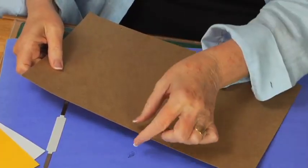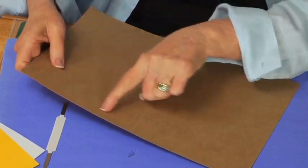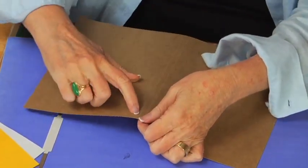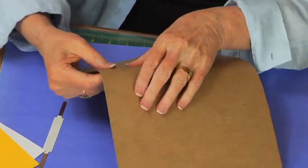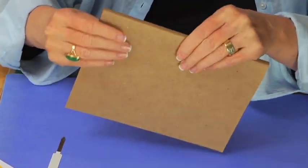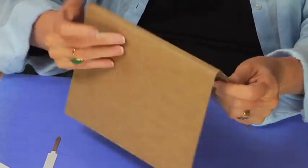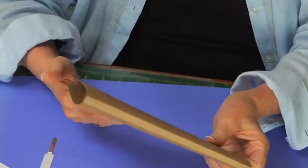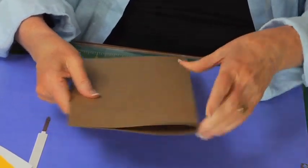But I want the spine of this scrapbook to be right in the middle. So I've come in 6 1/2 and I've put a score mark, and 6 1/2 from the other end and put a score mark. And that gives me a 1/4 inch spine for my book. So here I've got my book, and I'll show you what I mean by cutting it a little bit close. When I go back and place